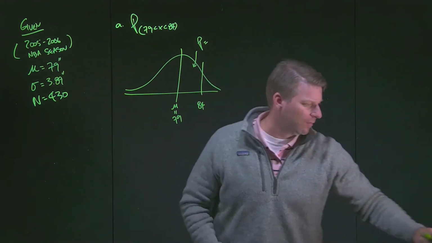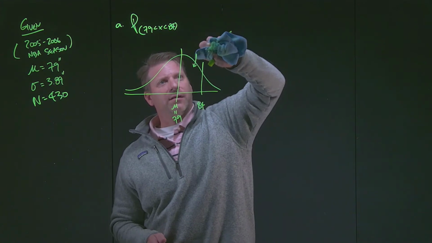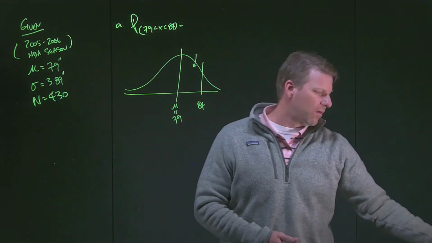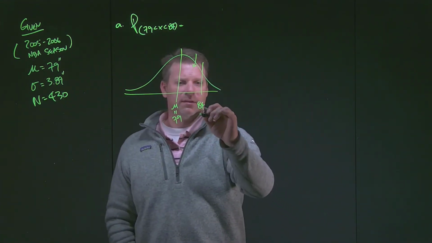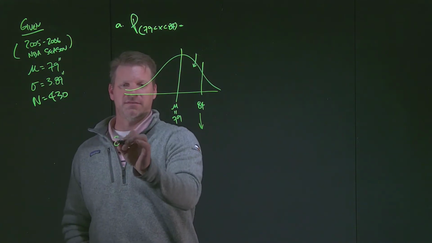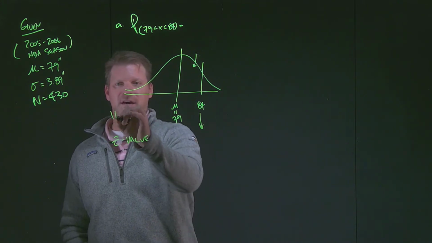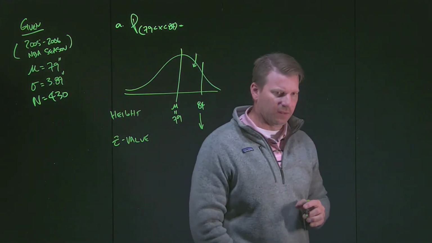Literally, if we can find the area underneath the normal distribution, if we can find this area, then we're going to know what the probability of finding a player is. So the first thing that we need to do is convert this height from literally a height into a z-value. This is the height of all of the players. We're going to convert it to a z-value.